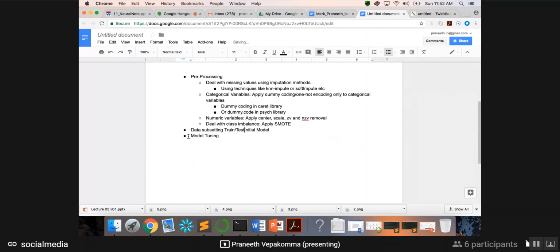So this would be, because data subsetting is just one or two lines of code, an initial model where you apply some model, make sure it's working end to end, but you've not tuned your parameters properly. You just applied it. You make sure your code is running without error. Then you tune your initial model here, where you do